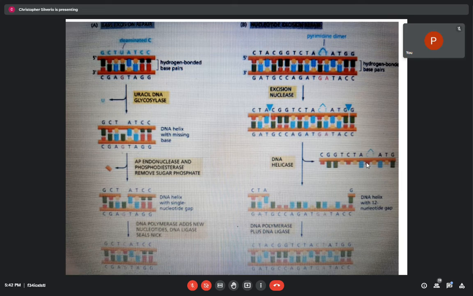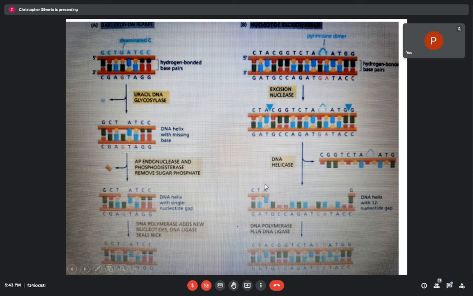Michaela, what do you think will happen? How will this be repaired? Michaela, how will this DNA strand be repaired? The DNA polymerase po will pair it up to the correct bases together with the DNA ligase to correct the